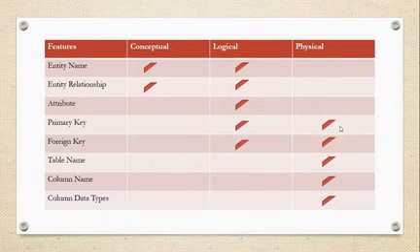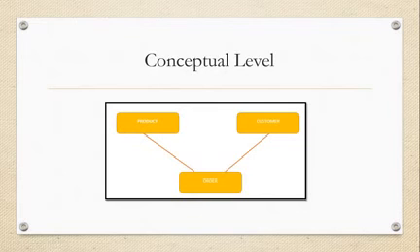So let's take one example. See, in the conceptual level, for example, I want to build a database for an e-commerce website. For that, I will check the entity names, and once we decide the entity names, we'll check the relationships. Here I created the conceptual level for a basic e-commerce. In that I have designed the entity names as customer, product, and order. So I have created the table names.